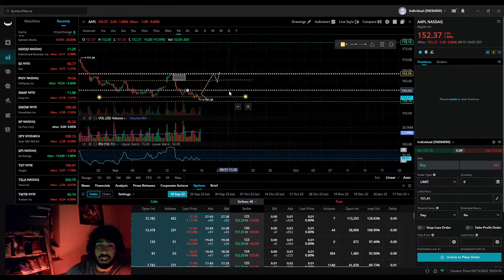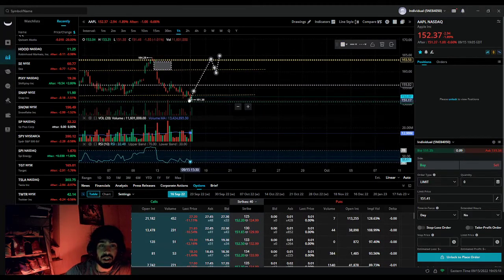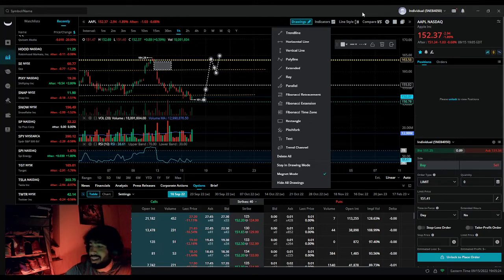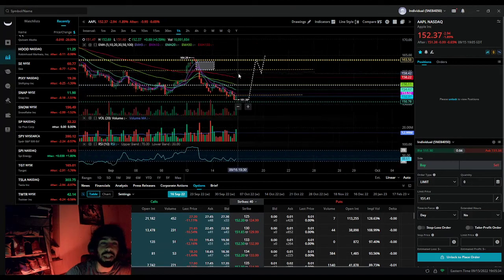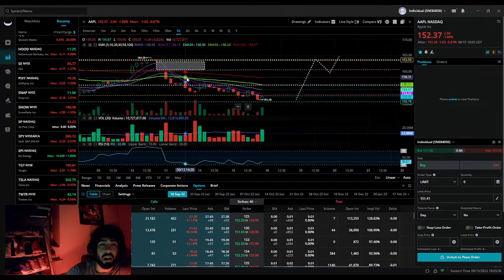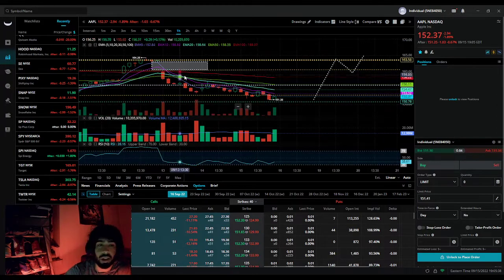So yeah, like I said, I want to see this come down just a little bit. That would be the best outcome for me and for the group that I'm in, because we are all betting that it's going to go up. Let me add the EMAs. So yeah, it's not saying it's bullish or bearish. Right now the 20 and the 50 EMA are saying that it's bearish, meaning that the stock is going to go down a little bit more.